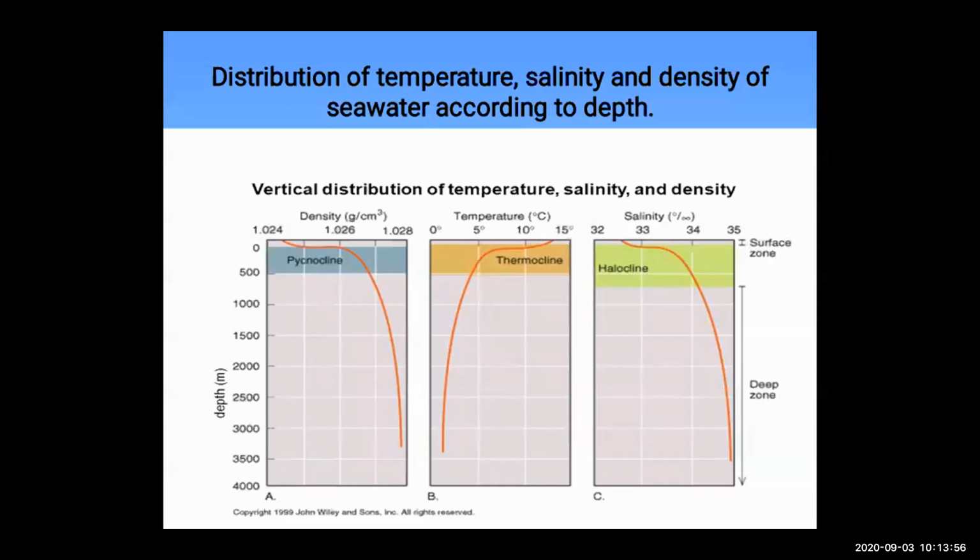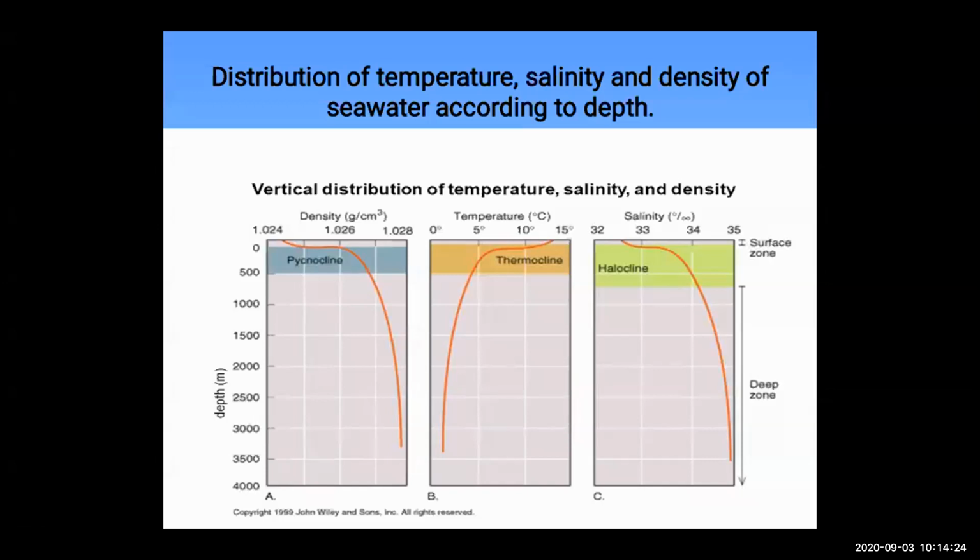As we are going deeper and deeper, see the red line, it is going down. See the 500 meter depth, the temperature is reducing, the temperature is less. Then see, at 2000 meter in depth,